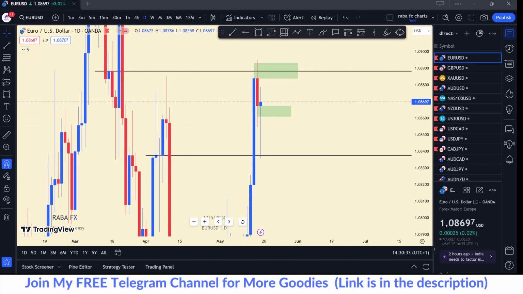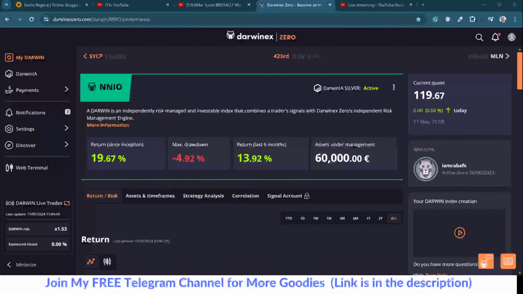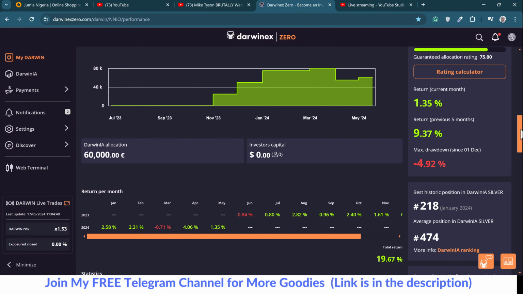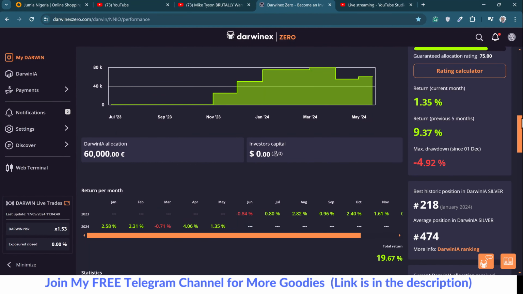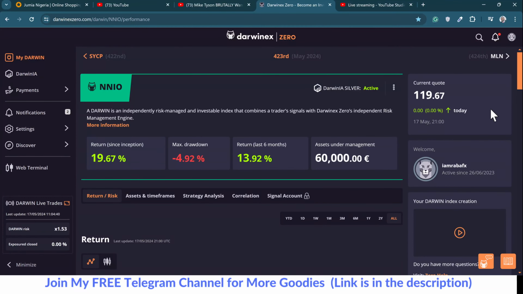So then, on the trade I took on that DARWINEX, so this is Darwin. The only trade I took was that trade, and in this particular index, I only risked nothing more than 0.2 to 0.3%. Okay, so I got 1.35% out of that. That was the only trade I took. All right, and it was on Euro USD. I'm going to send a screenshot of the move in the Telegram.